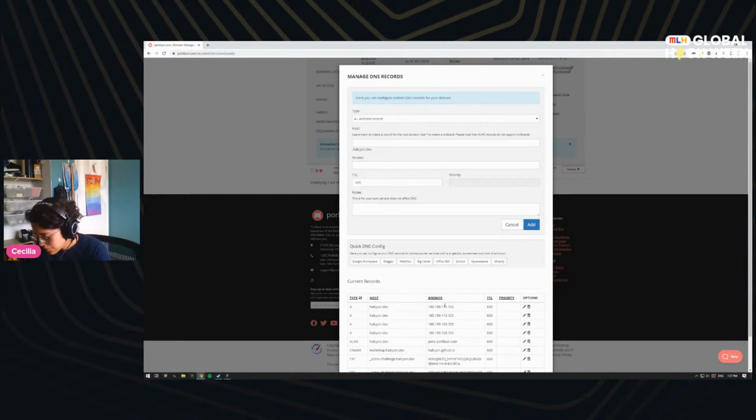You can absolutely use GitHub Pages to host your own website. You do not need a website or a domain name. You just need to say enable pages and it will be available at your GitHub username.github.io. Mine is obviously linked to my custom domain, and so therefore it is not available under that URL. It's under mine, halcyon.dev. So I have all these A records, which are linking to the IP addresses for GitHub